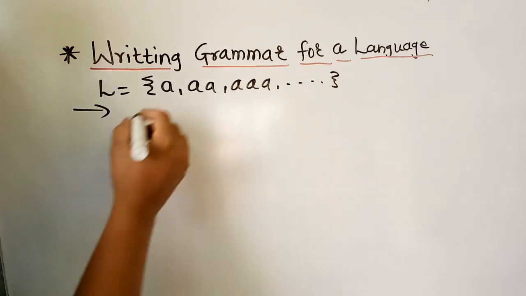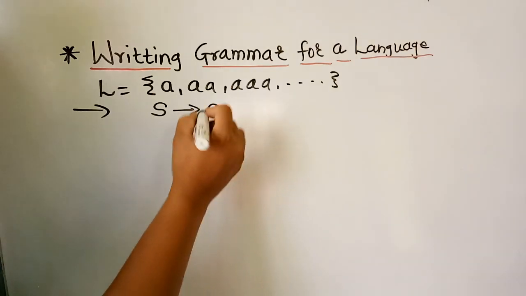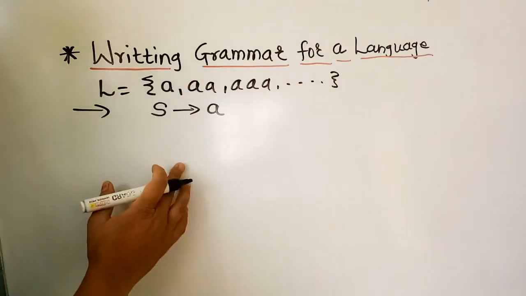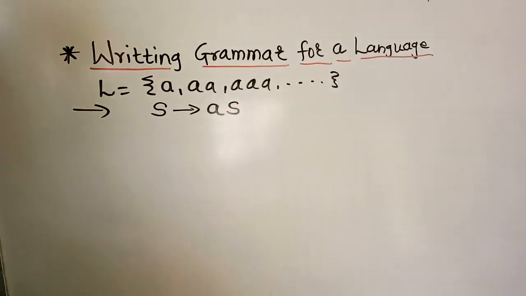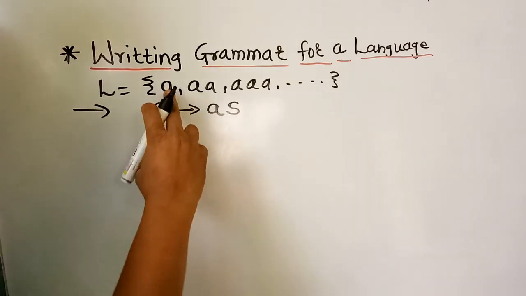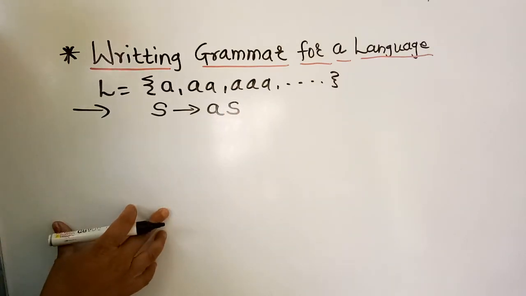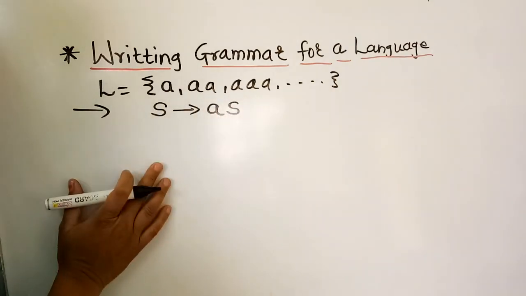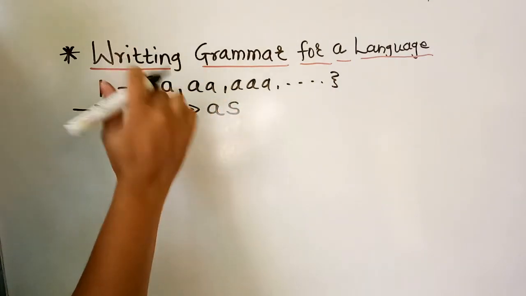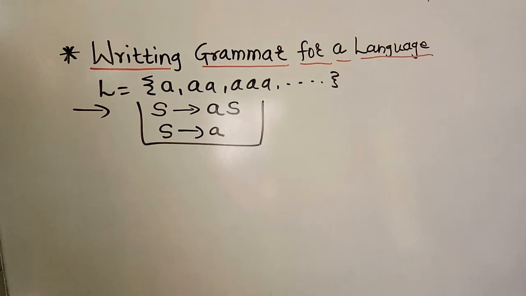Now, by the regular mechanism, we will start with some starting symbol. A is the terminal, so we will write A here, but it is like a recursive mechanism, so we will apply S again here. But we know that finally we have to replace S by something for which we get only terminals on the right hand side. For that case, epsilon is not a part of this grammar. So we will replace this S with a terminal, that is A. So our grammar for this language is S gives AS or S gives A.